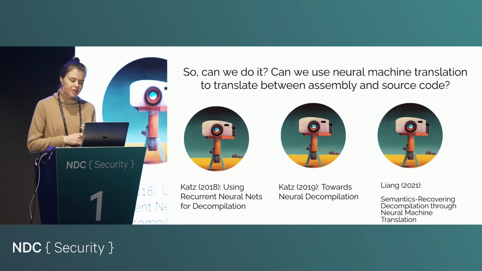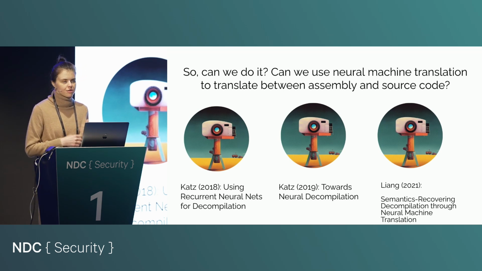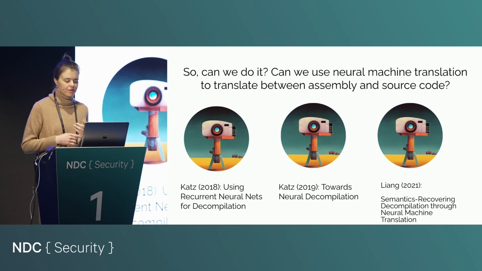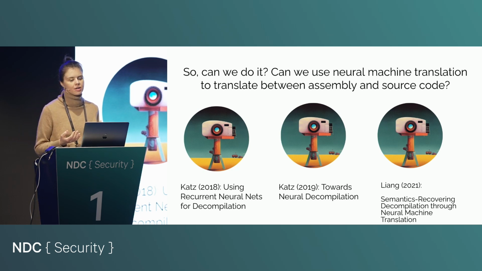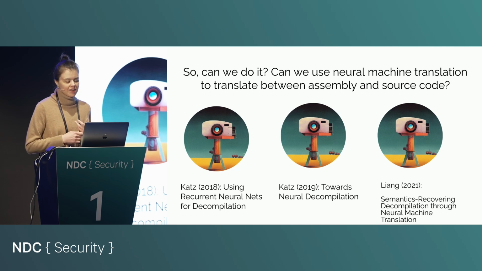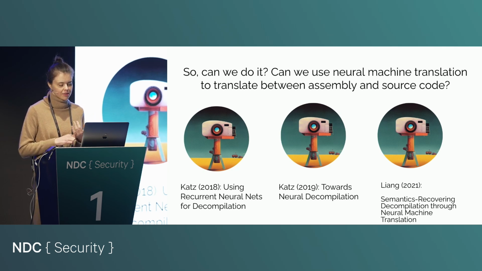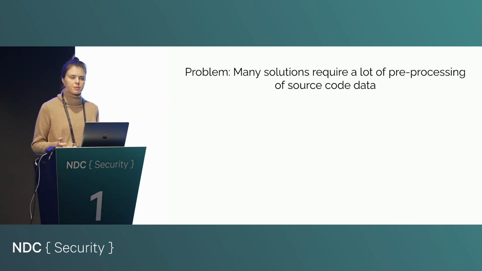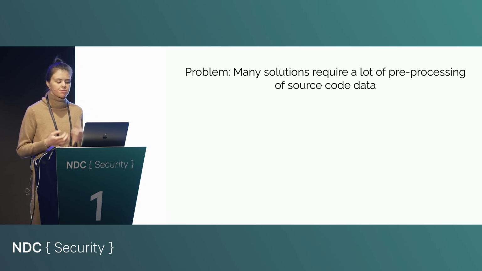So I did a deep dive into the academic literature to try and see if anyone had actually done a worthy approach to this. And I found a few papers, not going very far back, because this transformer technology is not very old, so we can't really expect to find papers from the 90s, but there were a few papers that made attempts at using neural networks to decompile assembly code to C. The thing that was a little bit problematic about all of these papers was that a lot of the solutions proposed required a lot of pre-processing of the source code data.